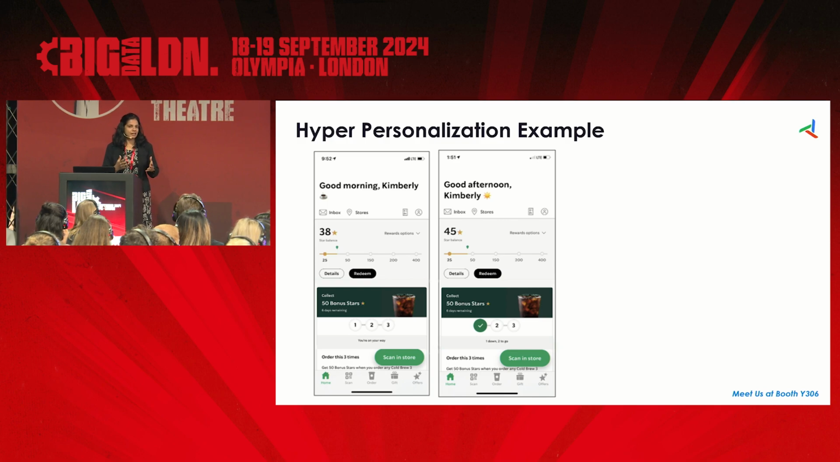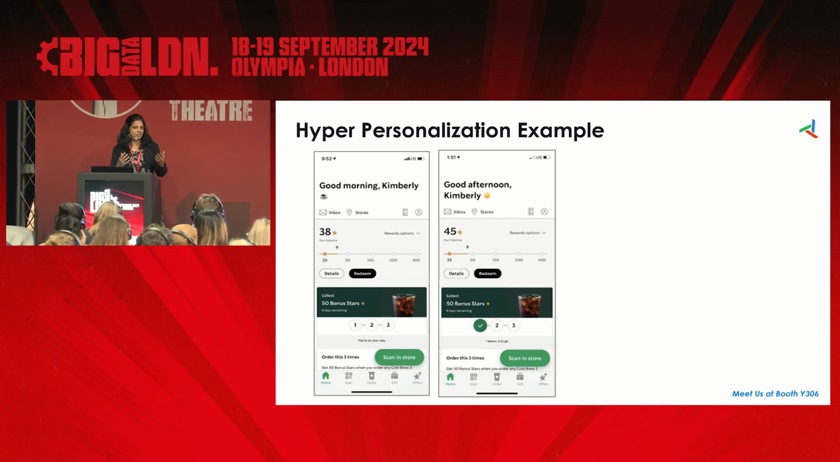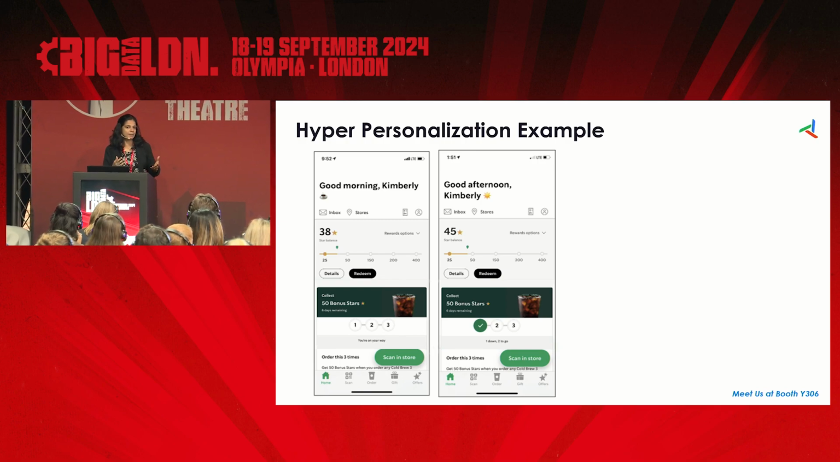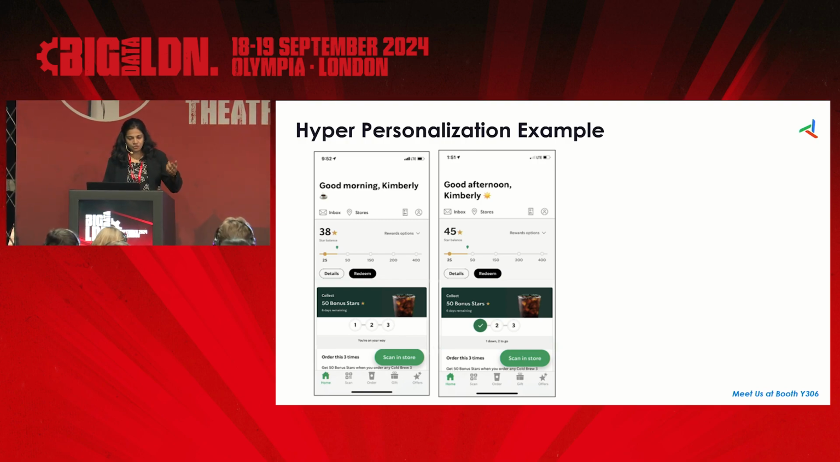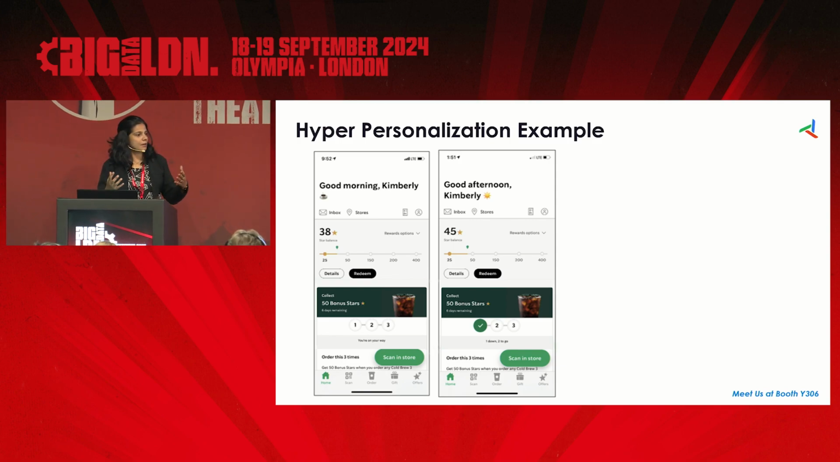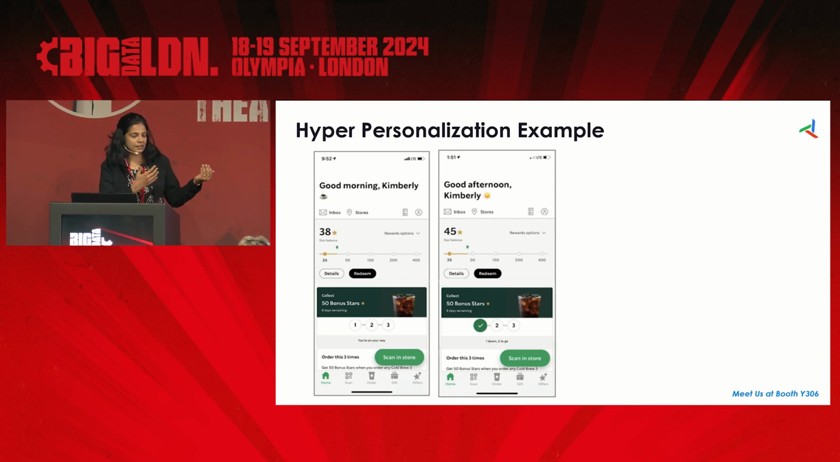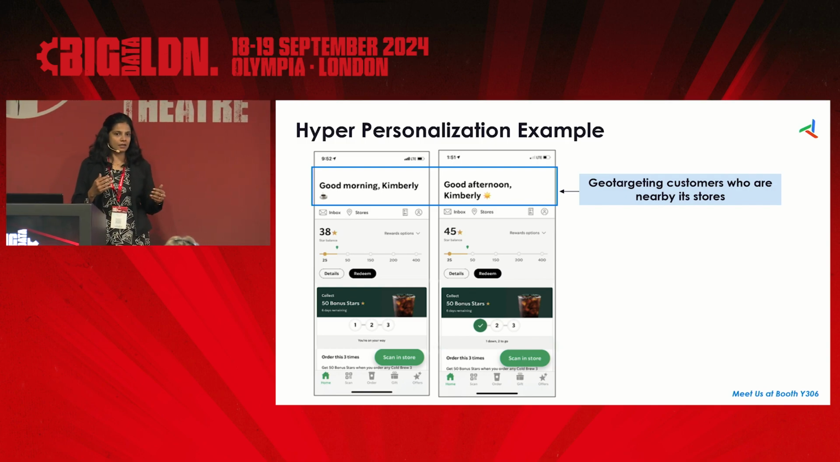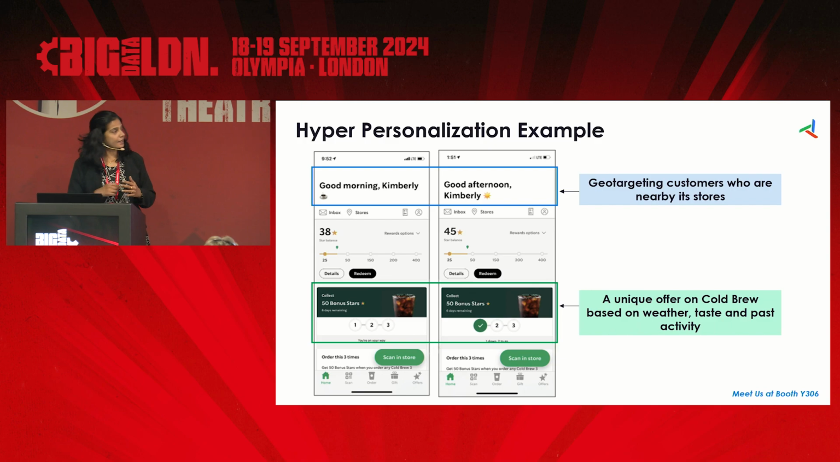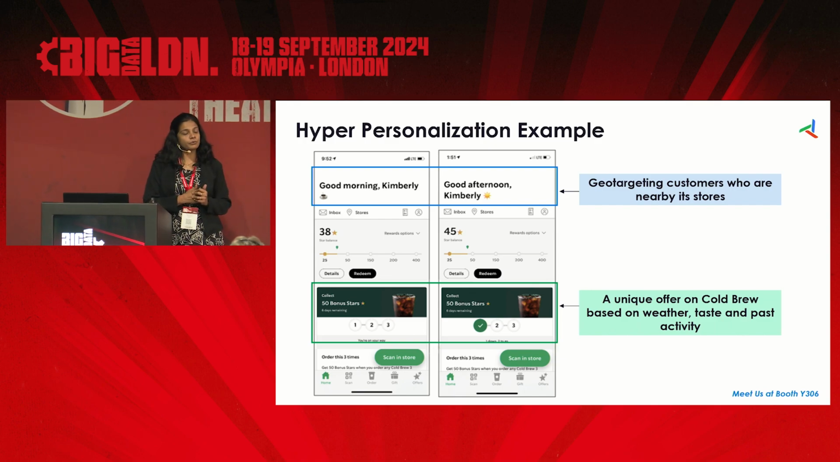They have a fully integrated CDP. They have what they call a loyalty program, which is powered by the CDP, which provides really hyper-personalized offers. So just to see an example of what this is able to provide to this individual, Kimberly. First of all, it uses geo targeting to know who it can target who are near its stores. Secondly, it looks at